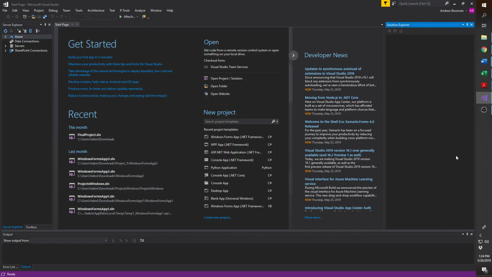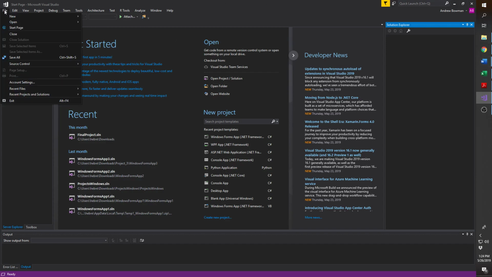Okay, today I'm going to be showing you how to start a project and more importantly how to submit your project, because if you do not submit your projects properly, I cannot grade them. If I cannot grade them, you don't get a grade until it's submitted properly, and that can greatly affect your grade if it's late. So, when you have Visual Studio started up like this, you want to go File, New,